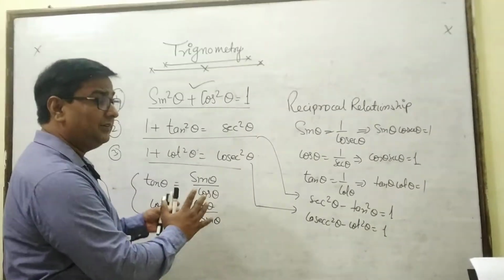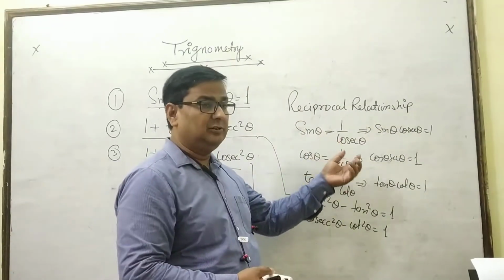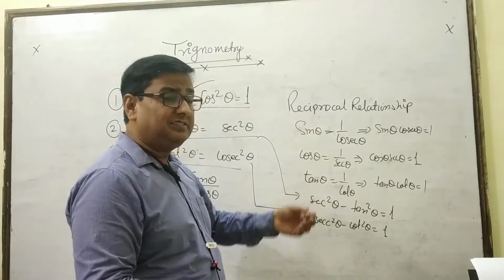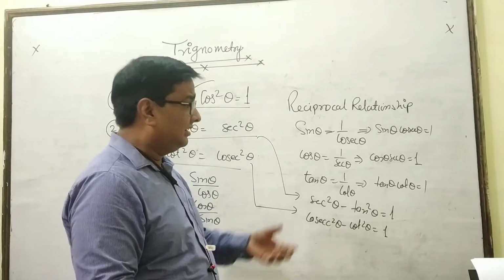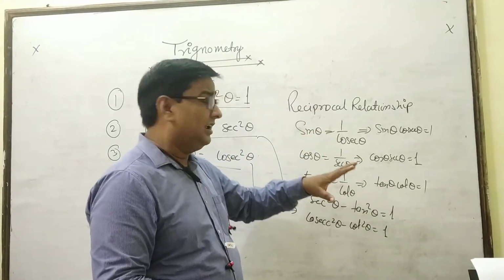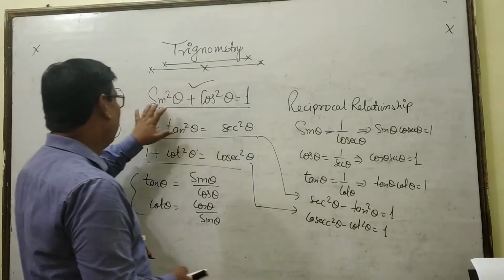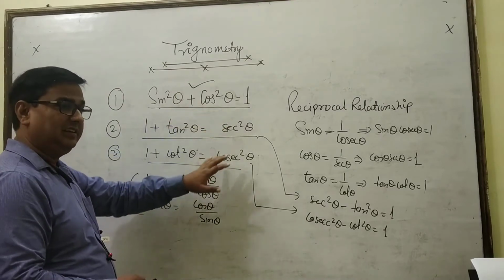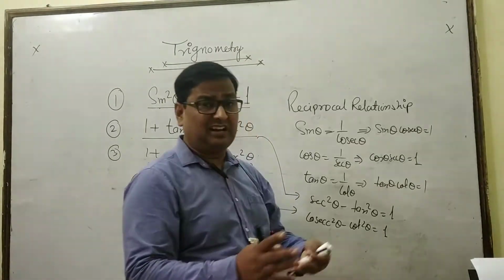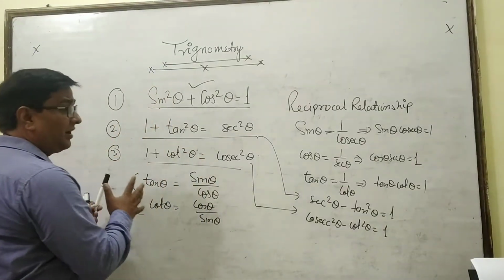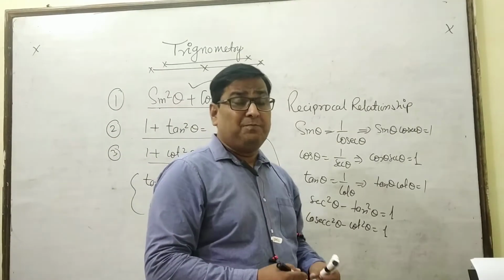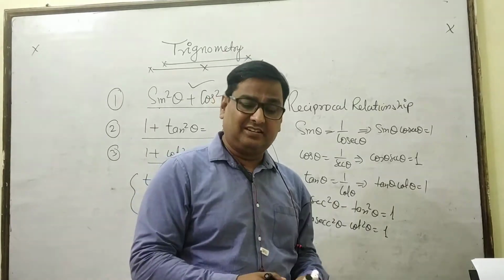It is true for all the values of theta. You can write theta is equal to 0, theta is equal to 30 degree, theta is equal to 45 degree. For all angles involved in the trigonometrical ratio, you can put here theta as any angle and you will get the same relationship. Sin square 30 degree plus cos square 30 is 1. Sin square 60 plus cos square 60 is also 1. Sin square 90 plus cos square 90 is also 1. It means it is true for all the values of angle involved in this ratio. So it is especially known as trigonometrical identity.